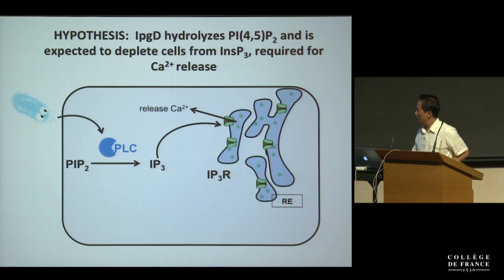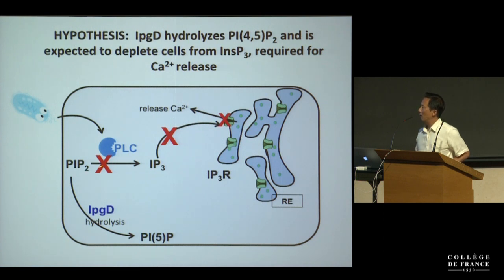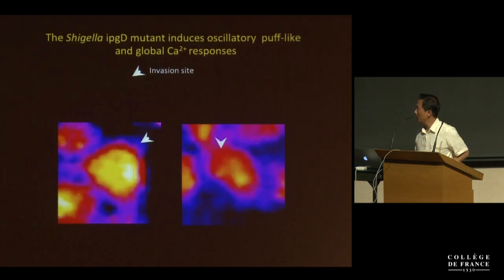And again, this is a slide you saw, but if you have IpgD here, hydrolysis of PIP2 would deplete the cells of the substrate that PLC usually uses to produce IP3. So the prediction is that IpgD hydrolysis would decrease PIP2 levels and then decrease calcium signals linked to IP3. And we knew that Shigella-induced calcium signals are dependent on IP3. So we did the same thing. We infected cells with the IpgD mutant, and what you see here is a movie